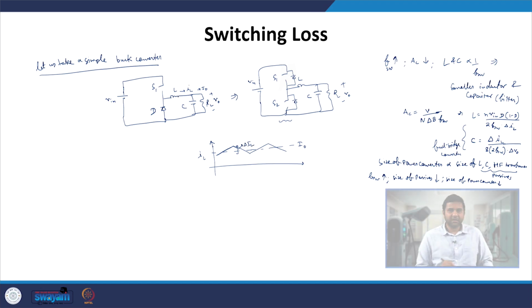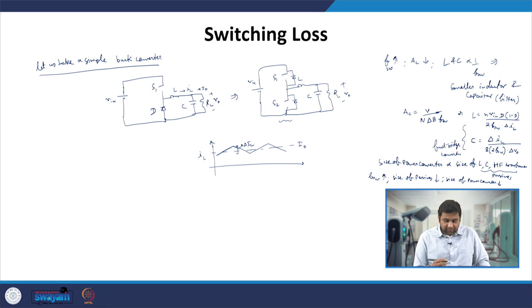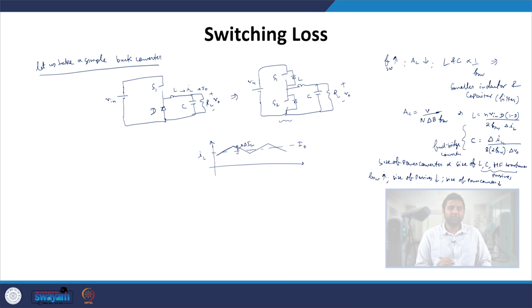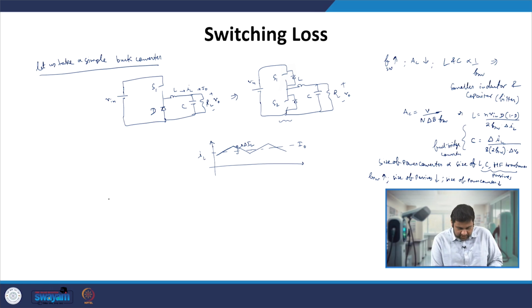If we assume this inductance value is very large, then the output of this combination of S1 and D is a constant current, or a current with a small variation and a small ripple. So we can then take a circuit which looks like